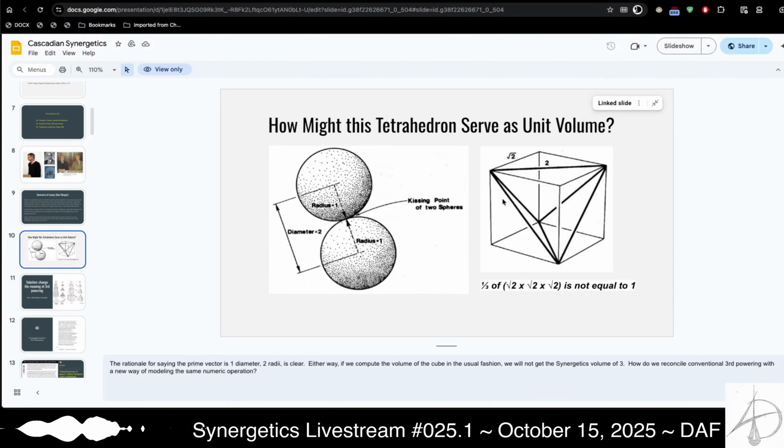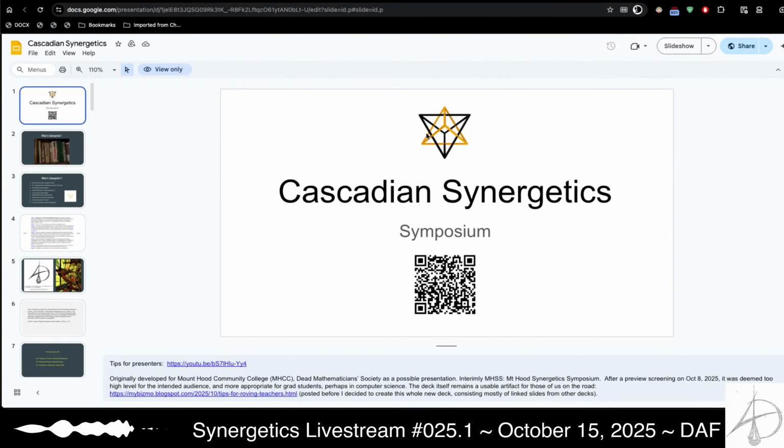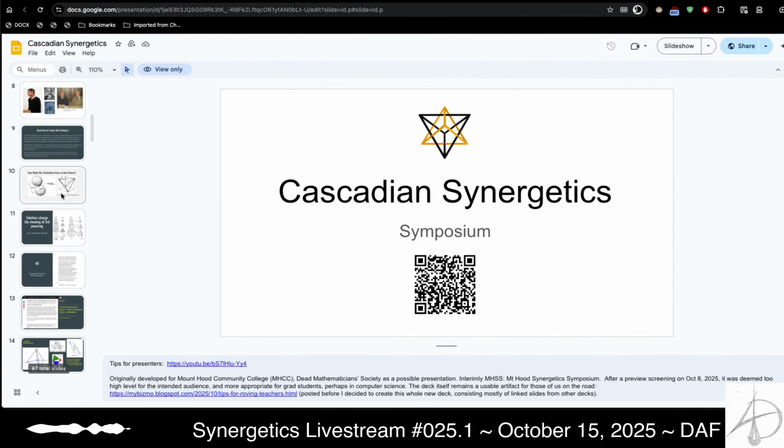So what would that really mean to look at another system alongside the cubic-centric model? What would it mean to have this tetrahedron serve as a unit volume? Well, there's a few ways to look at it. One of them is that you can think about a tet inscribed within a cube. And there's actually another tet inscribed the other direction of the cube. That's what Kirby's logo is over there.